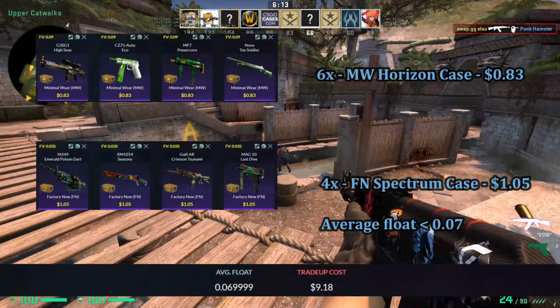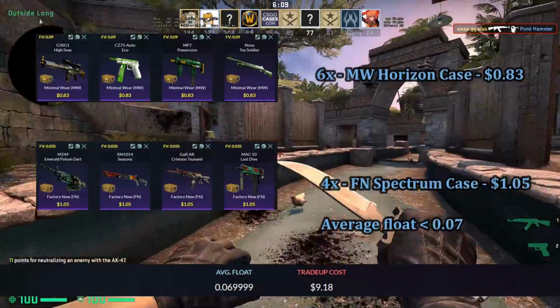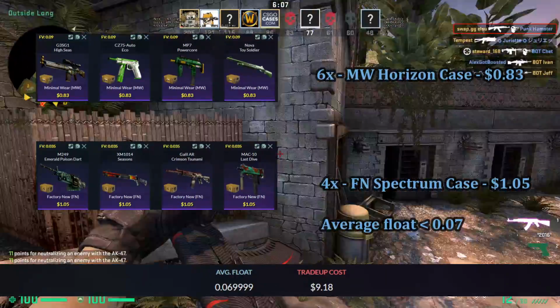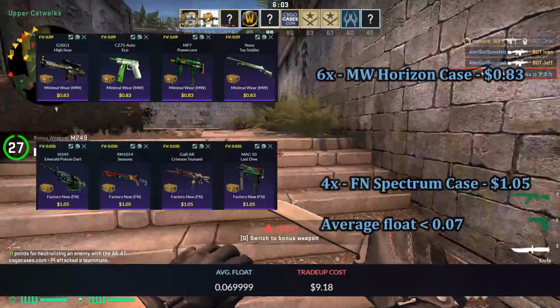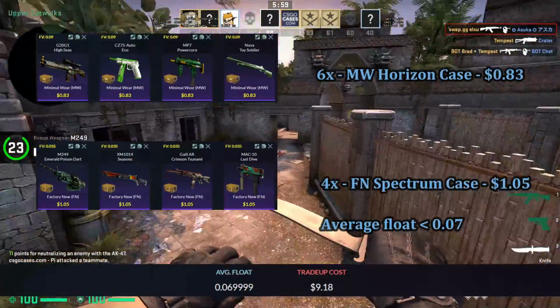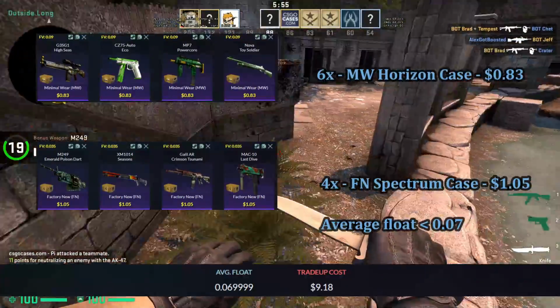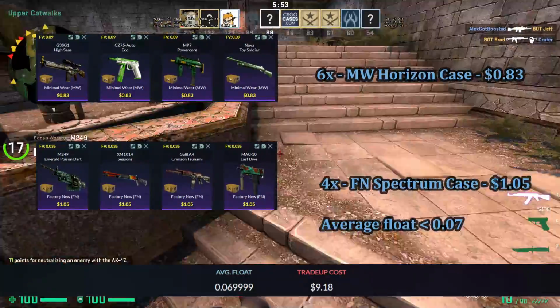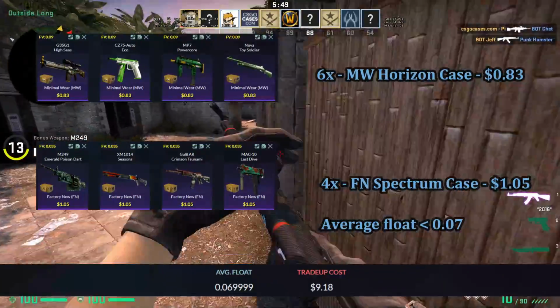So the average float of this trade up must be less than 0.07 to get all factory new inputs. To get this float requirement right, I recommend you to use minimal wear Horizon skins with an average float of less than 0.095 and factory new skins with an average float of 0.035. Adding them all up, this trade-up will cost you around